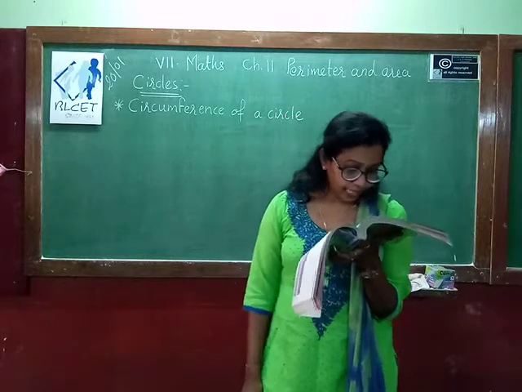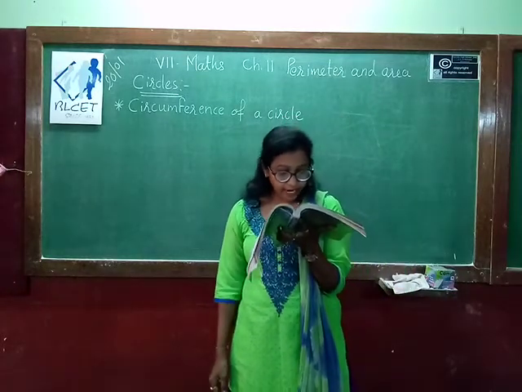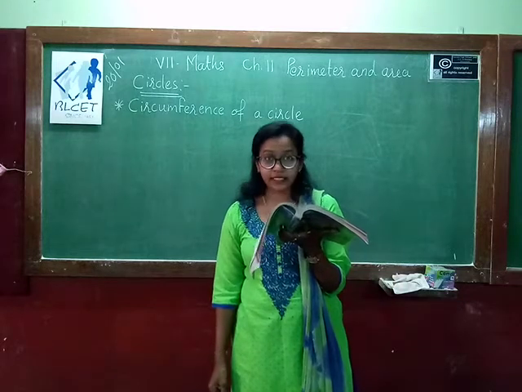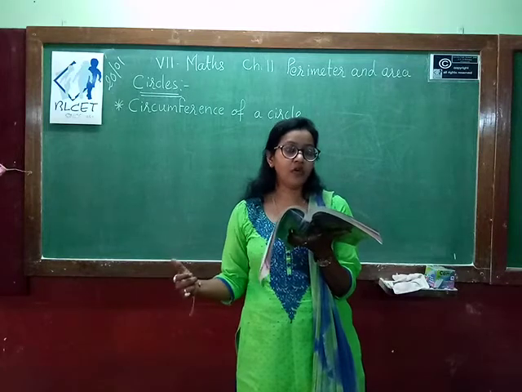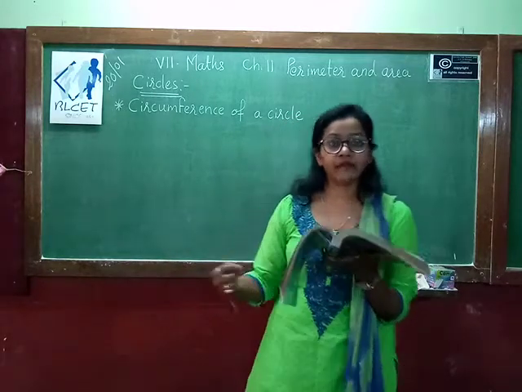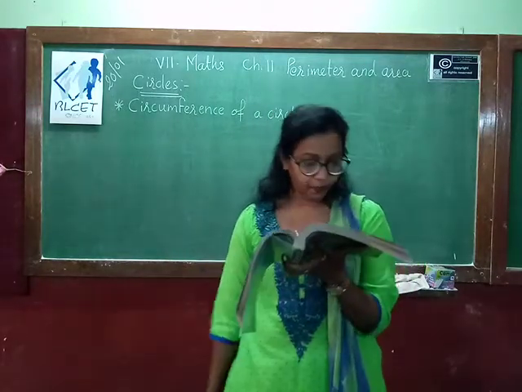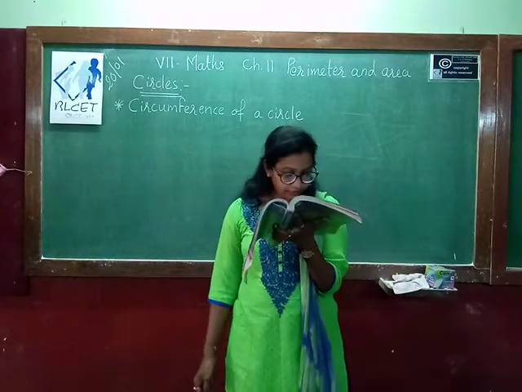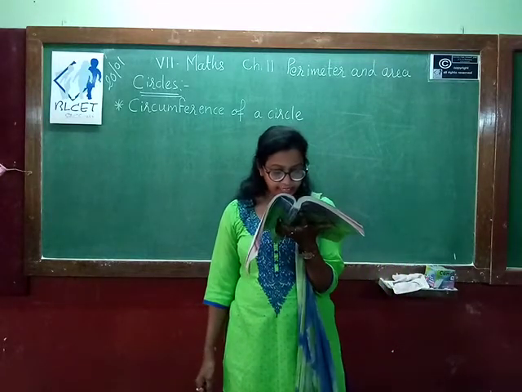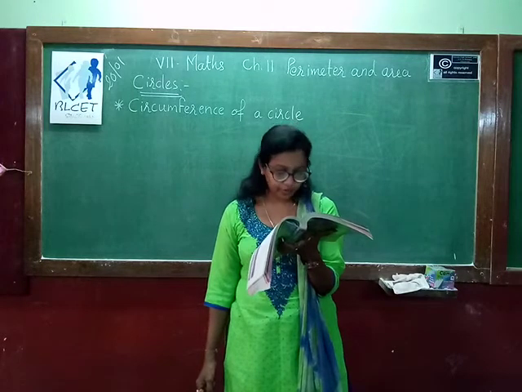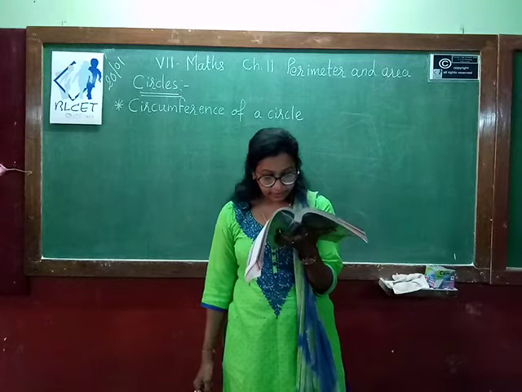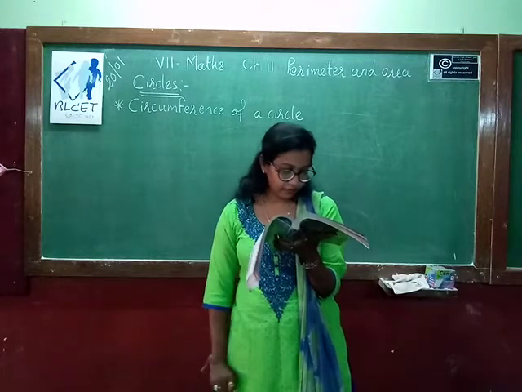Now, can you find the distance covered by the athlete on the track by this method? No, it is not possible because the track is very long. It is difficult to measure the track with the help of string. So what can we do? Still it will be very difficult to find the distance around the track or any other circular object by measuring through string. Moreover, the measurement will not be accurate. Then what can we do?